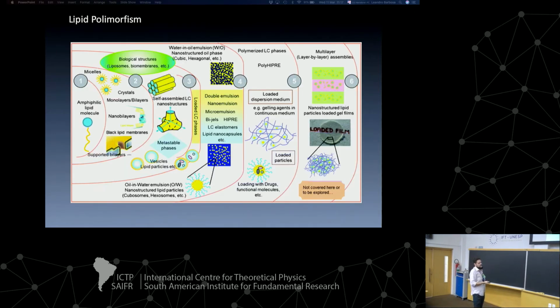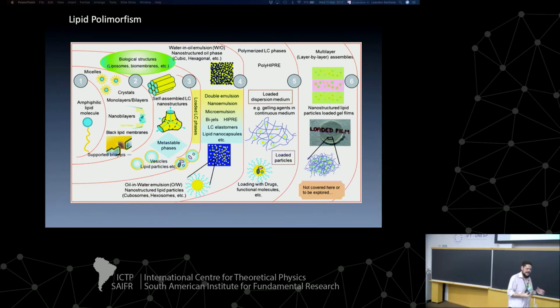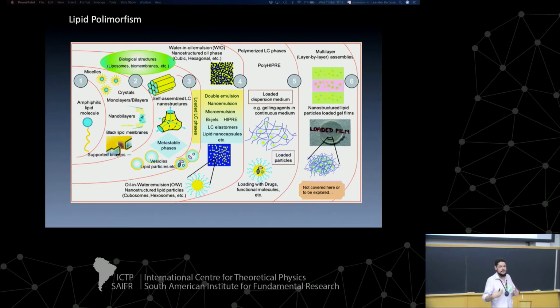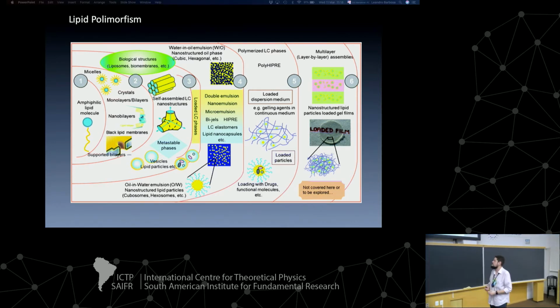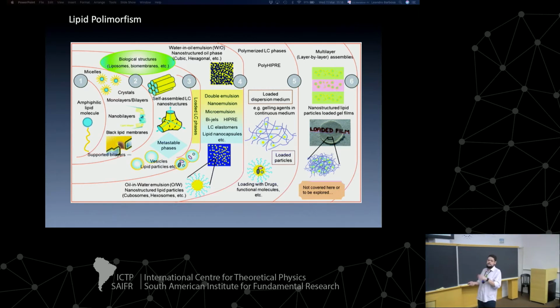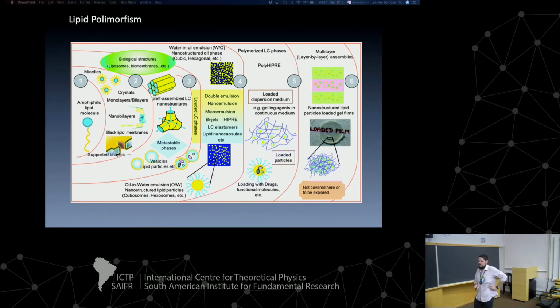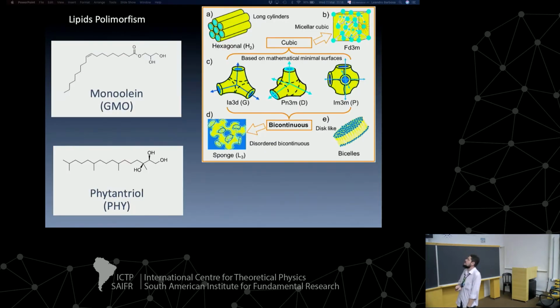In this other slide here, we have a more generic, a more complete description of all of the possible structures. If you are interested in that research area, there are several reports and several books in the literature describing the physical-chemical processes involved in the self-assembly. So I will not stay too long talking about this. You may find several reference books around it. You can ask me at the end of the class. We can talk a little bit